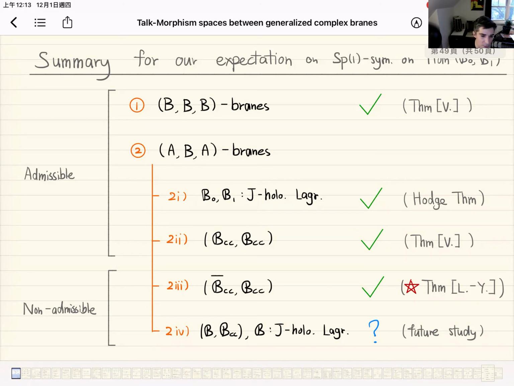It's just that the SP4 doesn't act on this particular Hom space, once you fix the branes. Yeah, I see. Okay. But in the case of Lagrangian, you also get it. There's also an SP1 symmetry. And that's if you're in a hyperkähler? If you're in hyperkähler, yeah. Right. You don't need to be space filling. I see. Yeah, that makes sense.